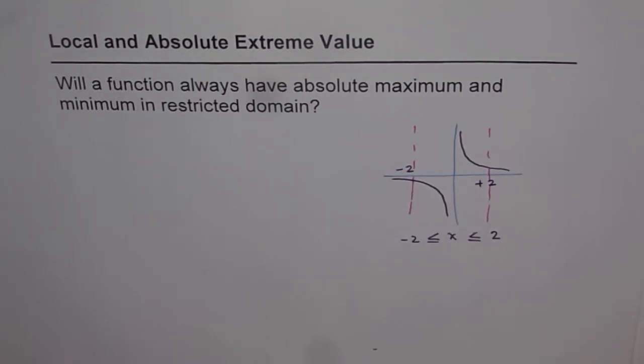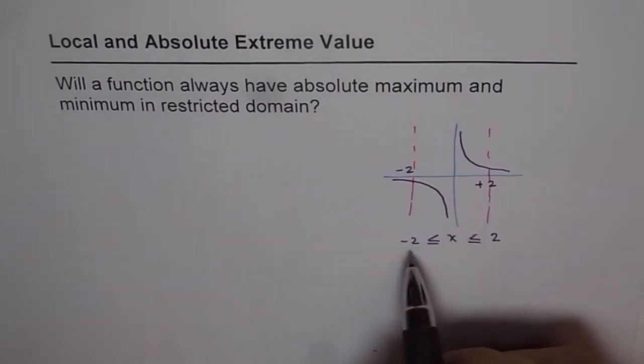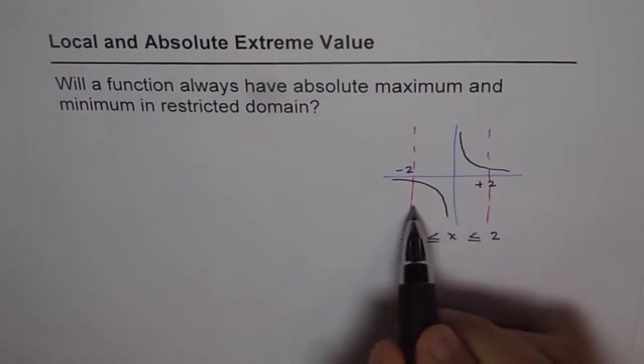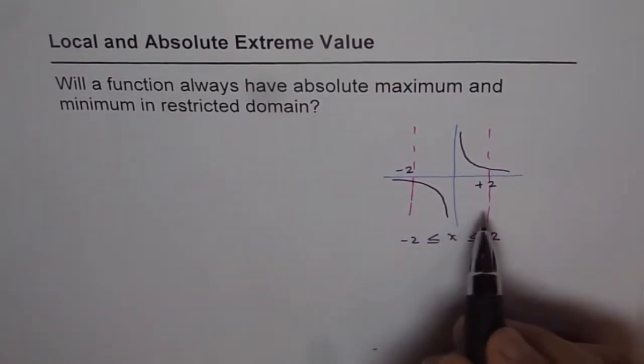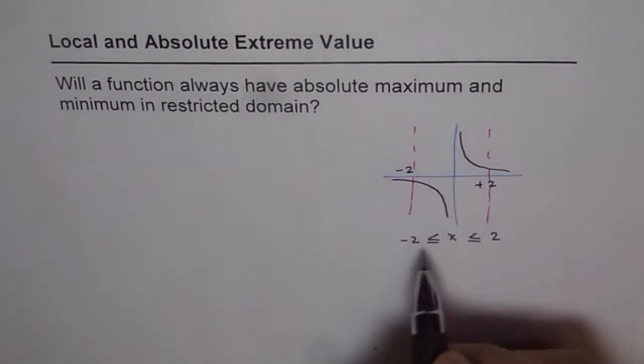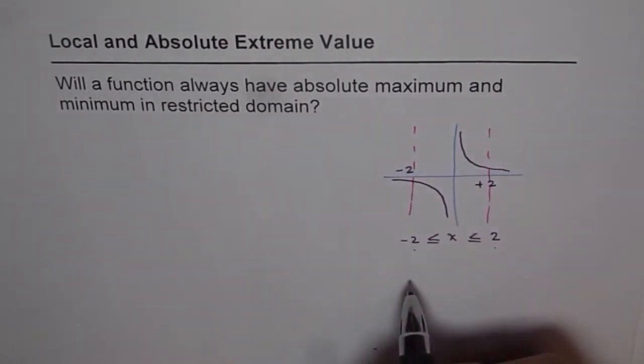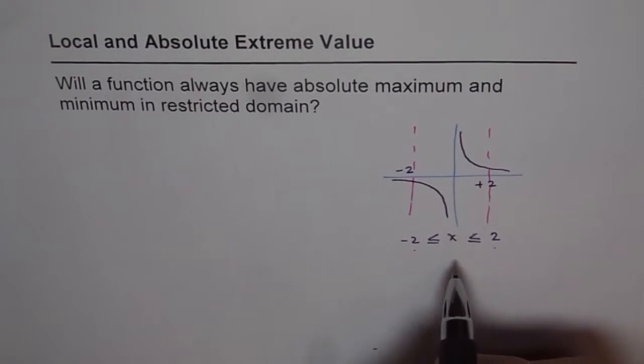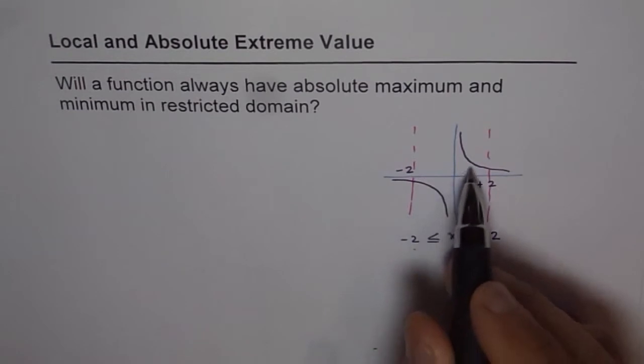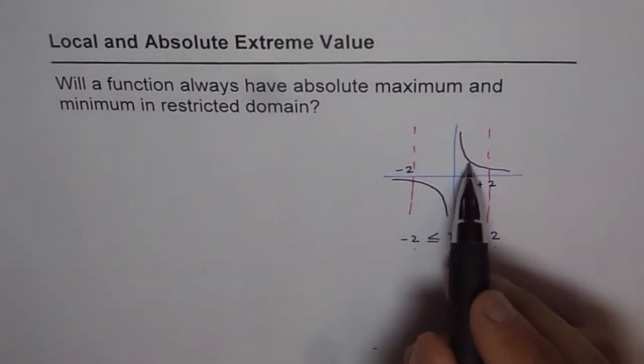Now in this case, as far as the definition goes, within a closed interval we can have extreme value provided the function is continuous within that interval. In this case we see the function is not continuous, so at these values we cannot have maximum or minimum. But in a general function we should try for critical numbers. In this case, since there is no turning point in between, there won't be any local maximum or minimum value here, correct?